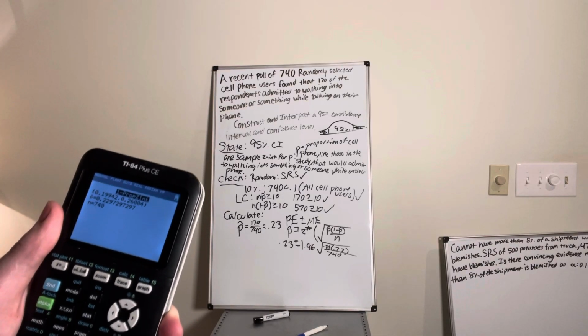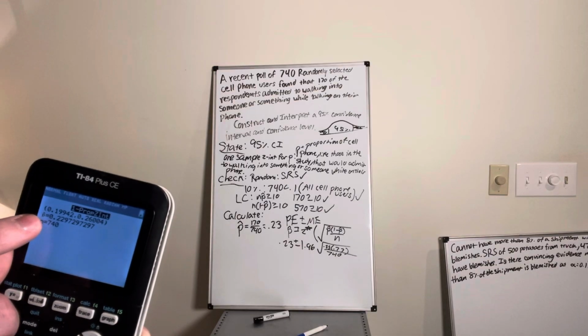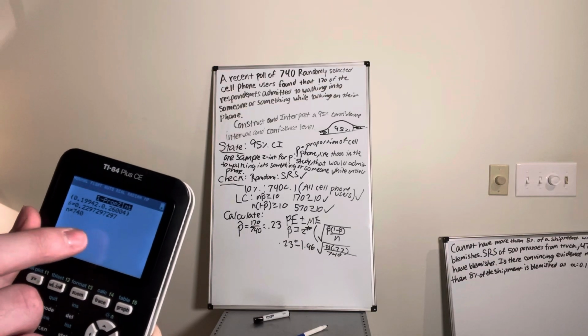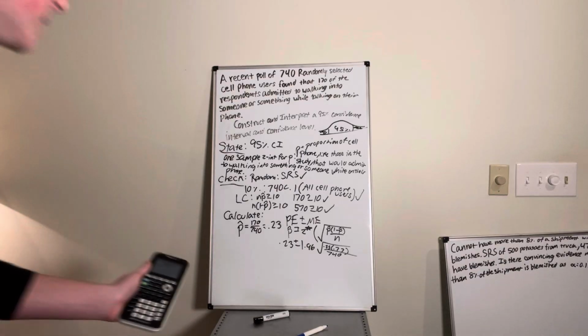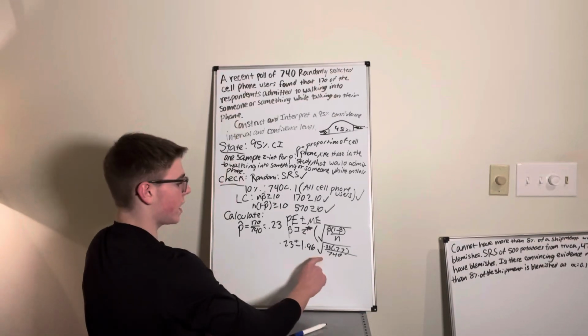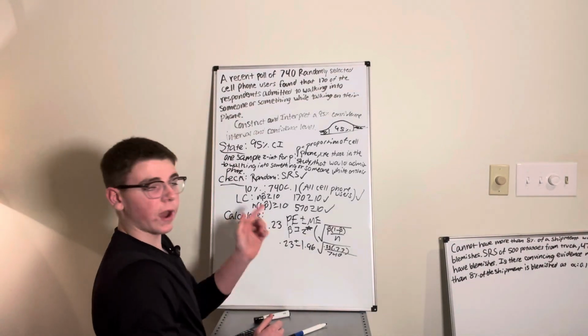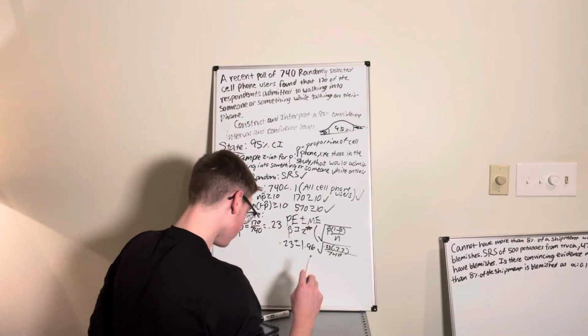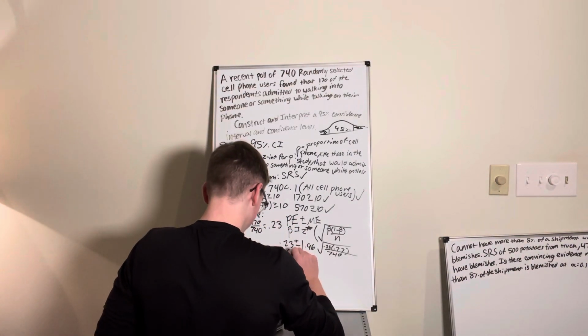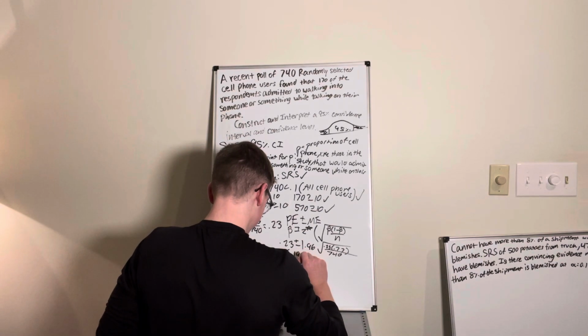And then calculate, and you're going to get your p-hat, which is 0.229, or 0.23, and your n, and it will give you this confidence interval, which is the same thing as if you plugged this in, got your margin of error, and added and subtracted it from the point estimate or statistic. You would have got the same answer. So we're going to get 0.199,